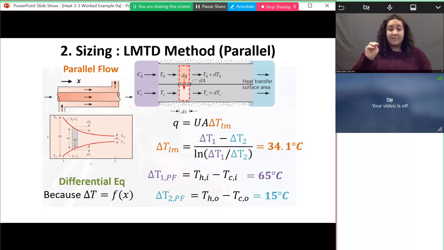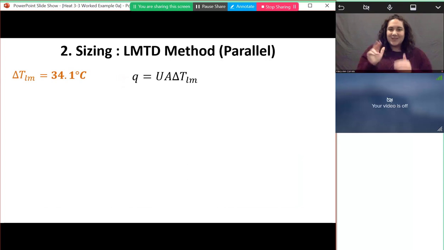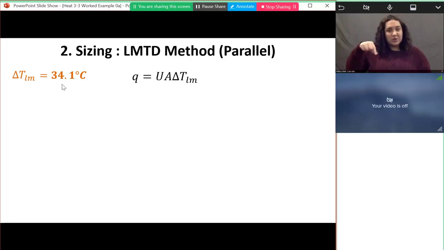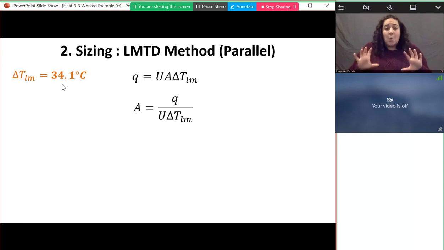So that's good. Now I know almost everything in my equation for Q. So here I just carried over the fact that I know my log mean temperature difference. I have this equation for Q, but Q is not what I want. What I actually want is the area. So I isolate this equation for the area. And I know Q. I know the log mean temperature difference, but I don't yet know the effective heat transfer